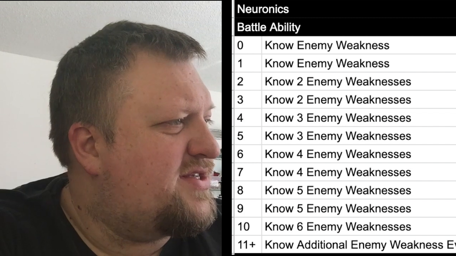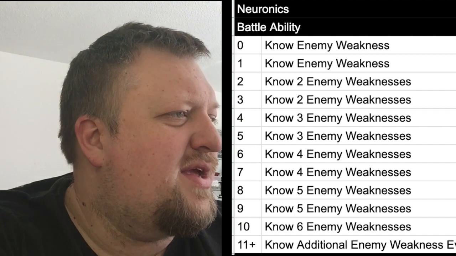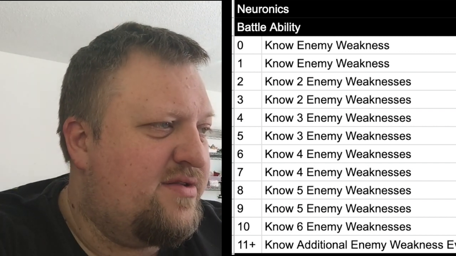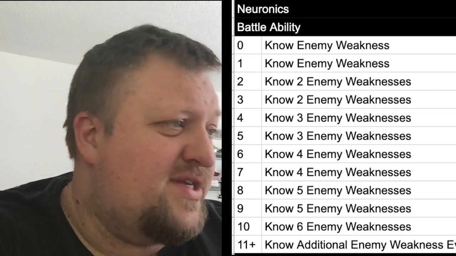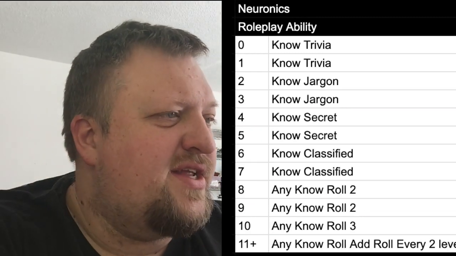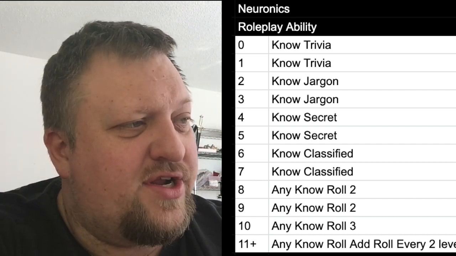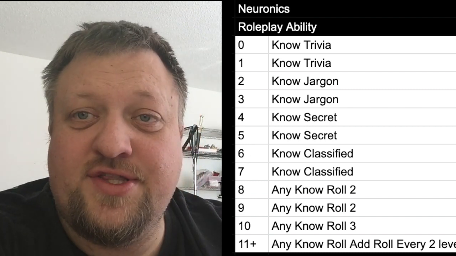Next trait is Neuronics, and in battle, the battle ability of a Neuronics heavy character is to know the weaknesses of enemies, and this again is essentially lowering the difficulty on hitting them or lowering their resistances to different things. The Neuronics on a roleplay side is going to be like your history or nature or dungeoneering checks, which is no trivia, no jargon, no secrets are classified,